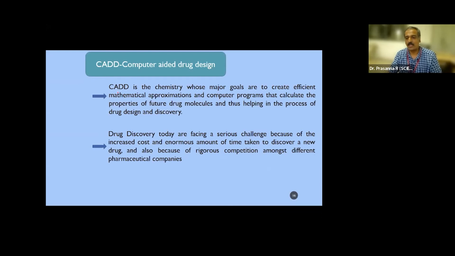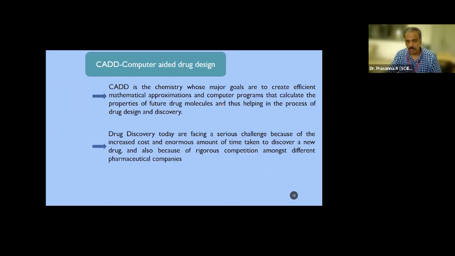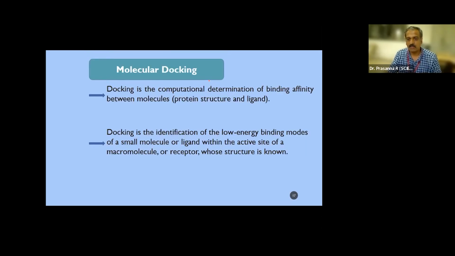Okay, so I'm going to take you to a route where computational drug design can be done. It is a part of target identification, target validation, lead identification, and partially lead optimization. So you use computational tools or computer-aided drug design, where you come up with various programs. You try an evaluation process and understand which will be the right protein conformation and which will be the right drug which can sit on a protein.